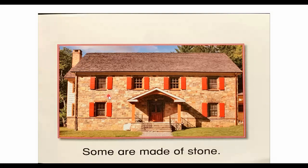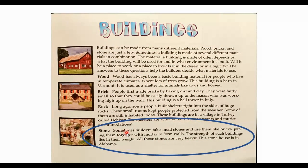Ooh, here's another one of our houses that was on the front page. This house is made of stone. So stone is kind of similar to brick, except that stones aren't usually all the same shape or size like bricks are, and stone is a little bit more durable or harder than bricks, because bricks are made out of mud and clay, or dirt and clay, and then baked, whereas stone is just stones or rocks that you find on the ground. So sometimes builders take small stones and use them like bricks, joining them together with mortar